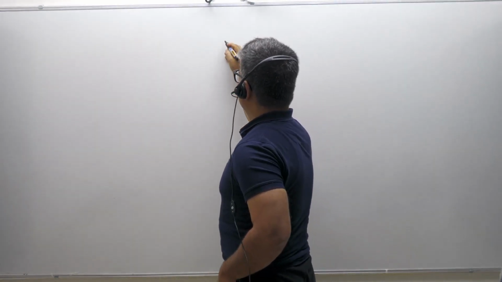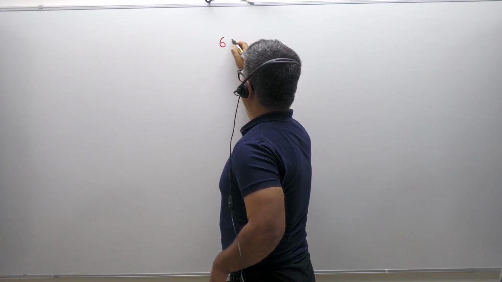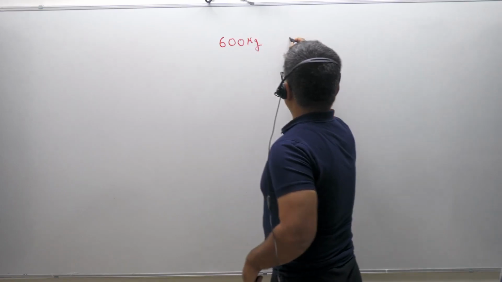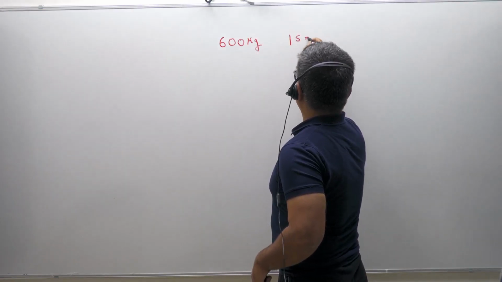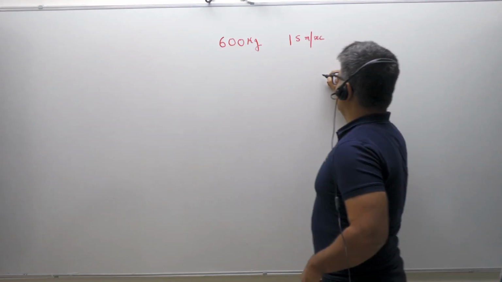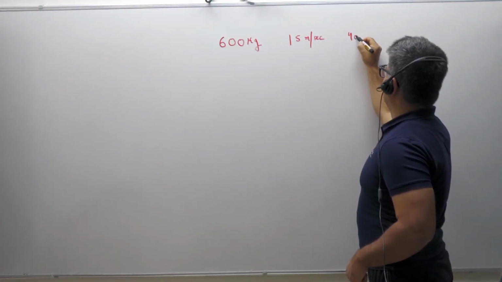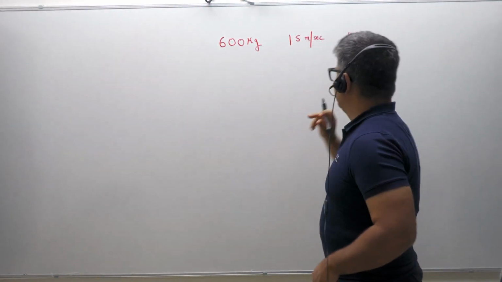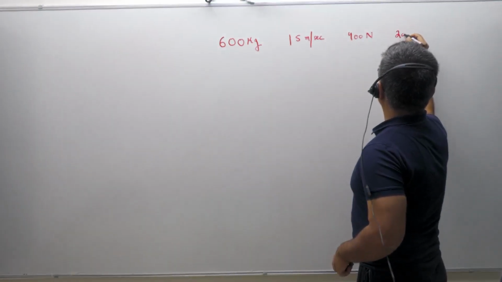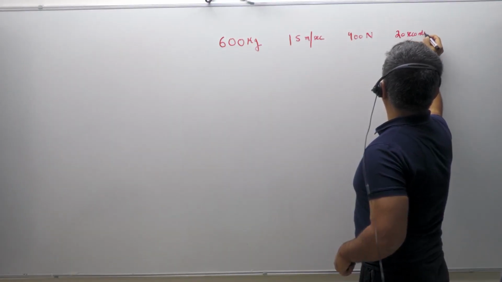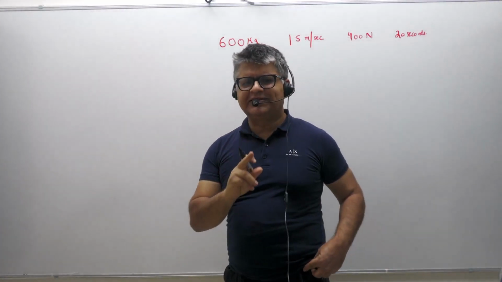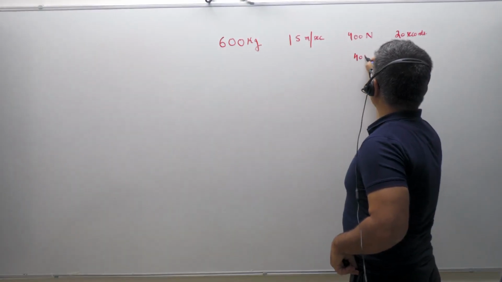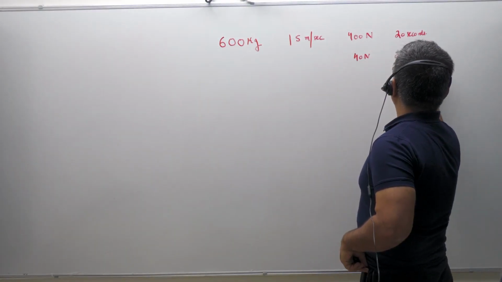So you have a vehicle which is of 600 kgs. Okay, so this is the mass of the vehicle. It is moving with a velocity of 15 meter per second, and a 400 Newton force is applied on this particular body for a period of say 20 seconds. Okay, then after 20 seconds it is acted on by a force of 40 newtons for 20 seconds.